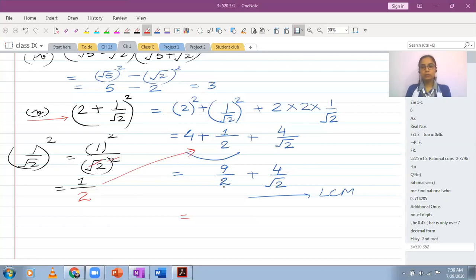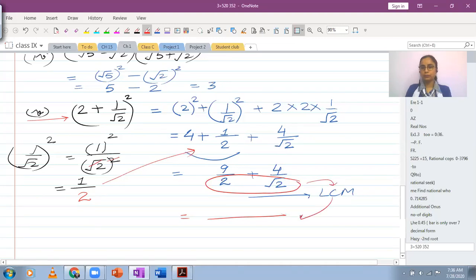Now in this case, when you have these sort of values, I don't know if you've heard of this, I refer to this as butterfly method. That kind of sounds silly, but that's actually quite easy to remember. What you want to do is write down the LCM by multiplying the denominators. So this will be the LCM, 2 under the root 2.